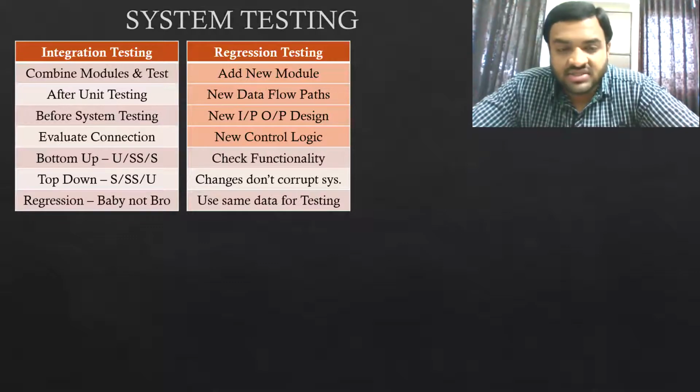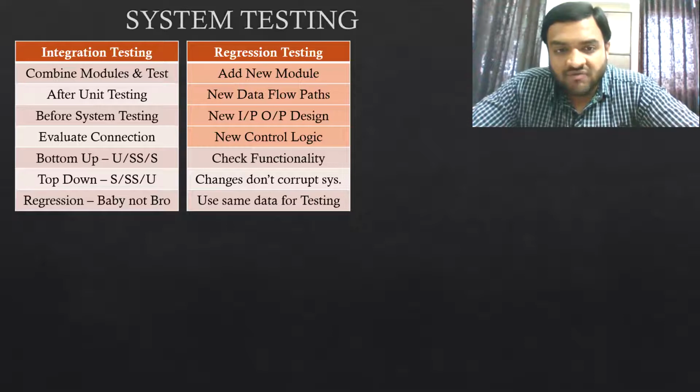Now, how is this different from the earlier tests we have done? This regression testing we will do after we change each and every component in the system. Not just after the system is developed, we will keep on doing this every time we make even a single change in the system. So that is what regression testing is. The earlier testing we will do only once, but this regression testing we will keep on doing after every change in the system.